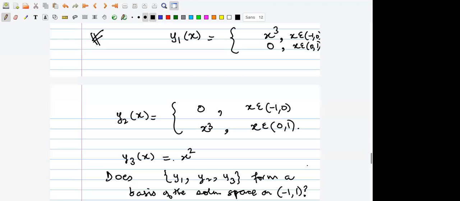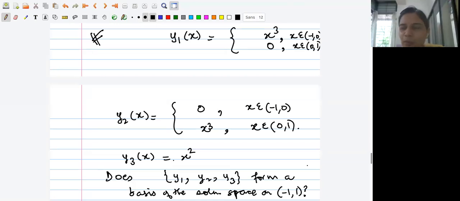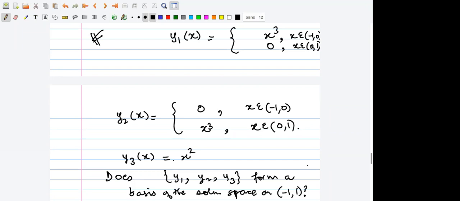One at a time, please. You can get non-zero C2. You need to consider the whole interval at a time. Of course, I'm considering the whole interval. I'm just saying y1 and y2 are defined specifically in intervals. So I was saying that in -1 to 0, you will take the 0 wala definition of y2, and in 0 to 1, you will take the other definition.